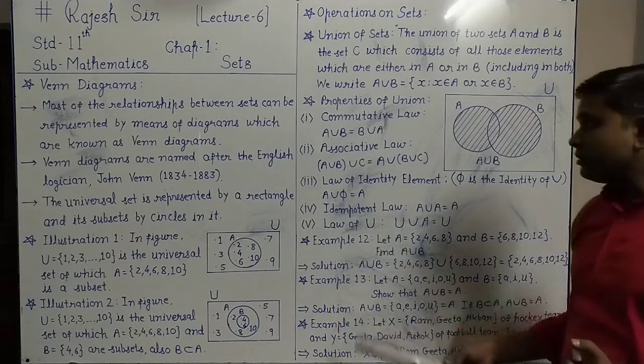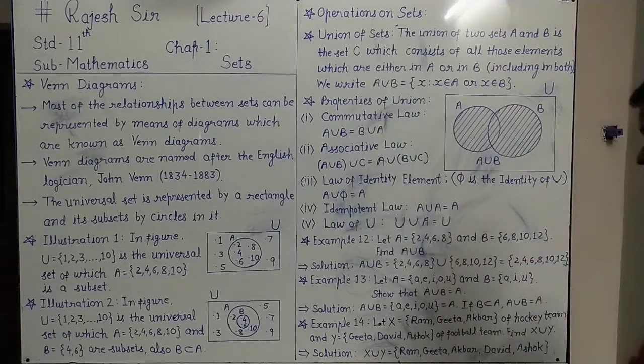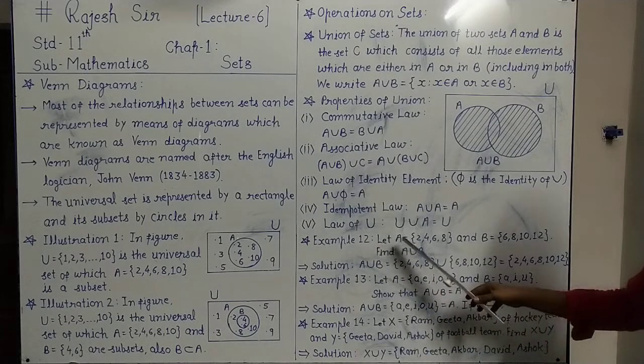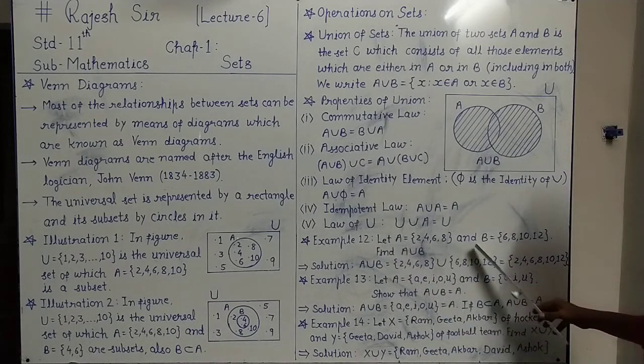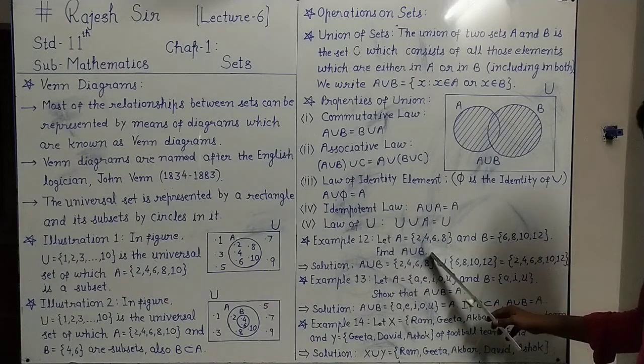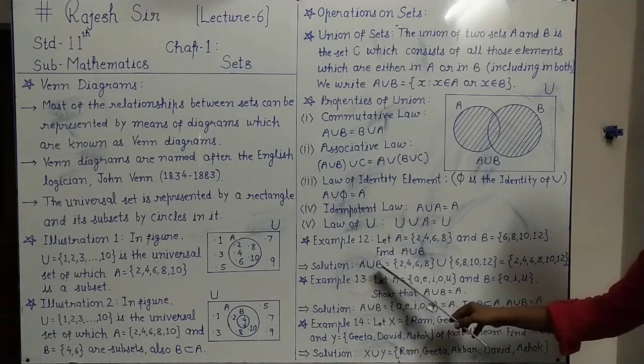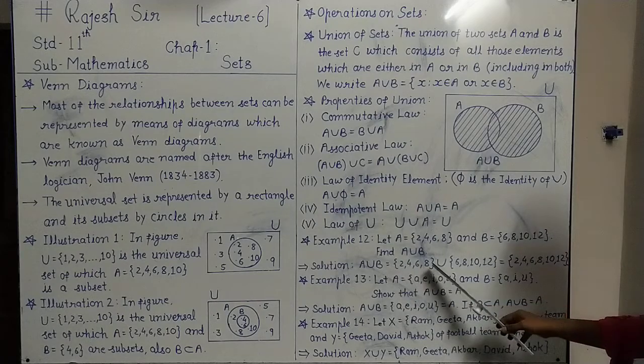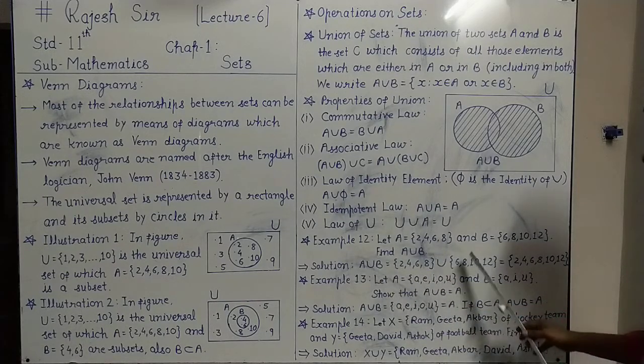Now some examples we will see related to union operation. Example 12: let A equals 2, 4, 6, 8 and B equals 6, 8, 10, 12. We have to find A union B. So in solution, A union B equals the set A, 2, 4, 6, 8, union sign, B is 6,